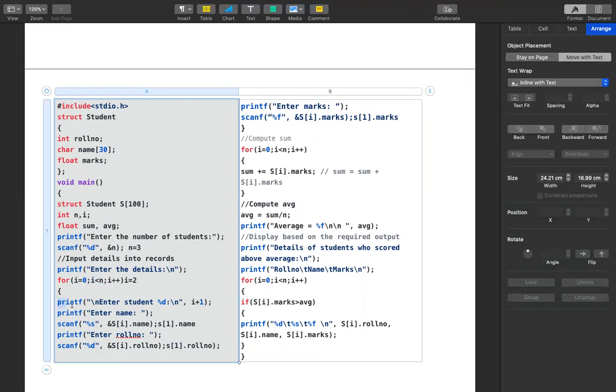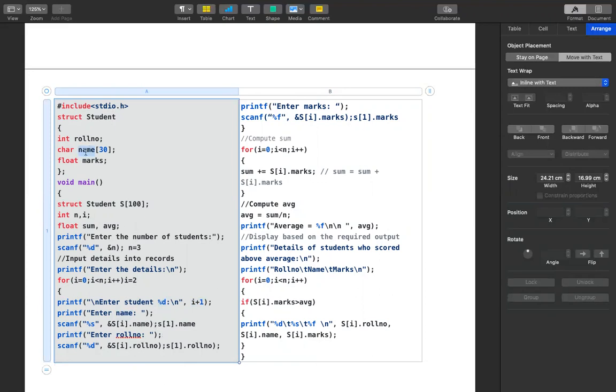Now it asks the user to enter the student details of which student? I plus 1. I plus 1 means what? What is the current value of I? 2. 2 plus 1, that is 3. So this value will be replaced by 3. Enter the student 3 details. So what is the first thing you need to enter? The name. Student name is stored in which variable? The variable called name.